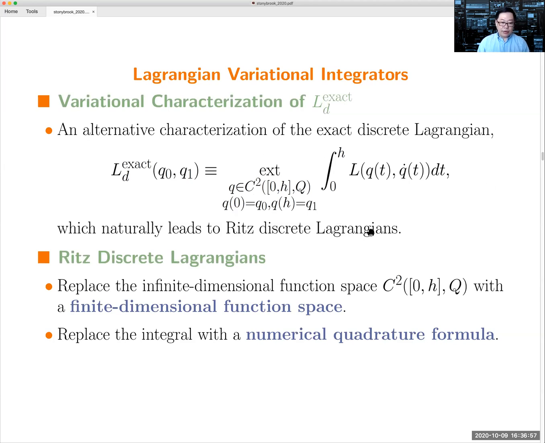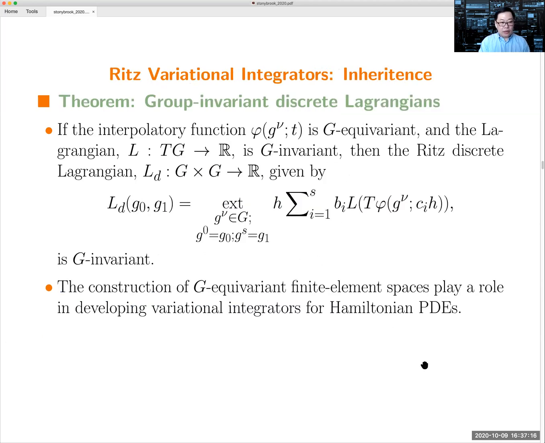But this variational characterization more naturally lends itself to discretization, because what you can do instead is replace this family of twice differentiable curves with some finite dimensional function space, and replace the integral with some numerical quadrature. Okay, all right. And then again, some meta theorems, and one of the meta theorems says that if this function space you've chosen, which oftentimes we think of as being parameterized by maybe the values of the position at a bunch of times,